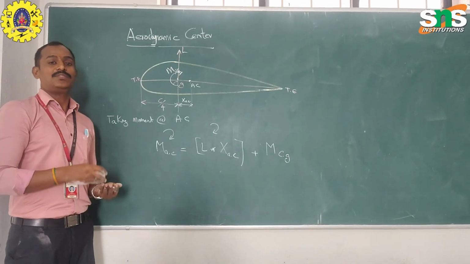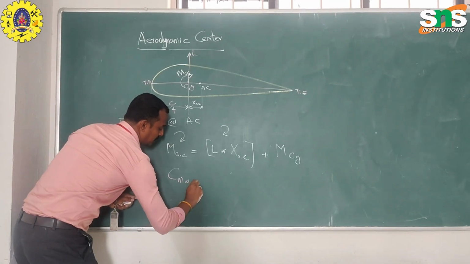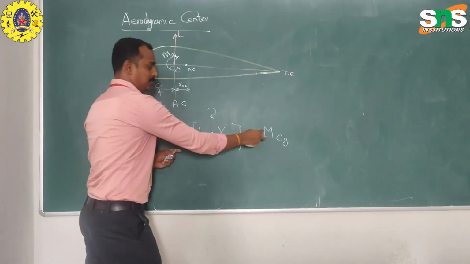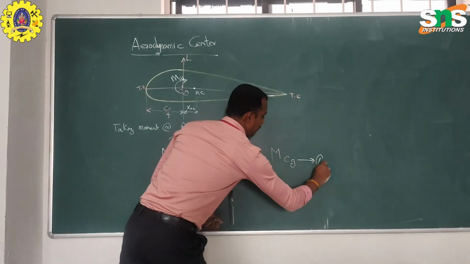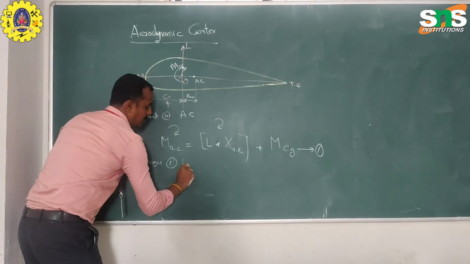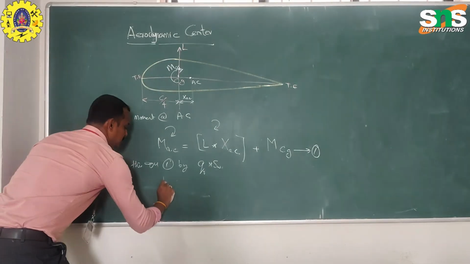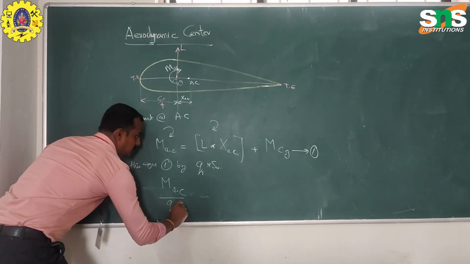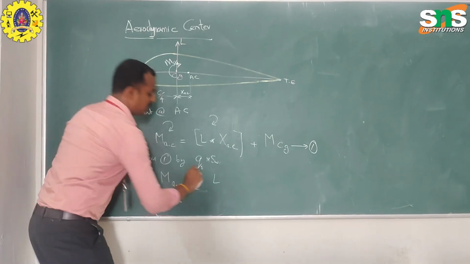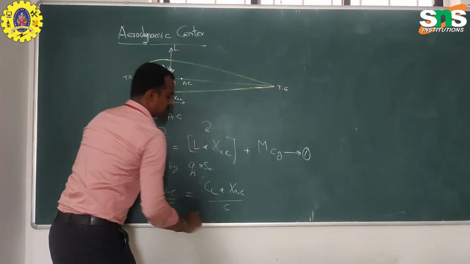Now we are replacing this in terms of coefficients. So the coefficient of moment at the aerodynamic center is a combination of lift times distance and moment about the center of gravity. Let us take this as equation 1. Now dividing equation 1 by the dynamic pressure, that is Q times S W, the equation can be written as moment at the aerodynamic center divided by Q S W is equal to the coefficient of lift times x aerodynamic center divided by c, plus